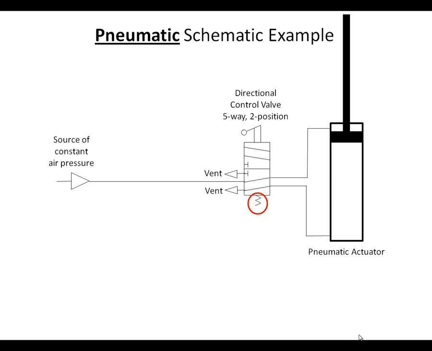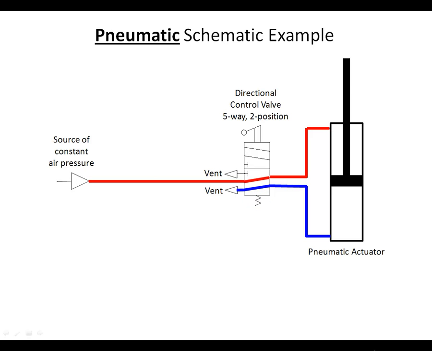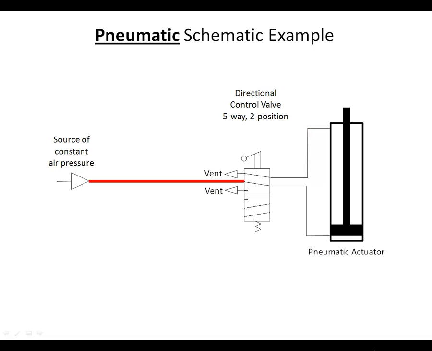This particular valve is spring biased to the position that it's shown, so if no one's touching the valve, air will flow through the valve to the top side of the cylinder, and the air on the bottom of the cylinder will be able to be vented, and that cylinder will automatically retract. So if no one's touching this particular valve, it will automatically retract the cylinder. When the valve is shifted, then air is piped to the bottom of the actuator, and the top of the actuator is vented, allowing that